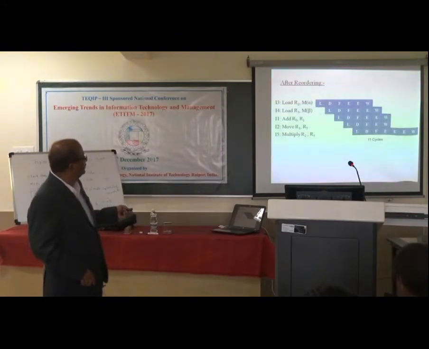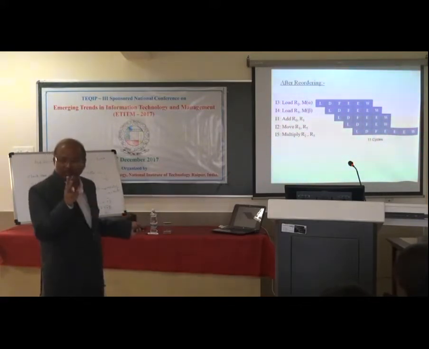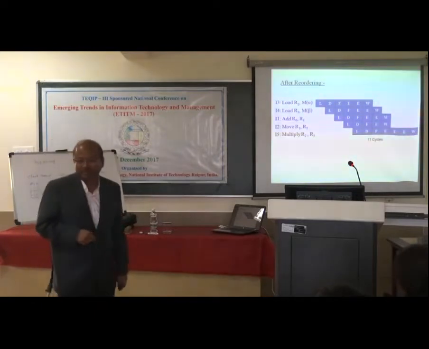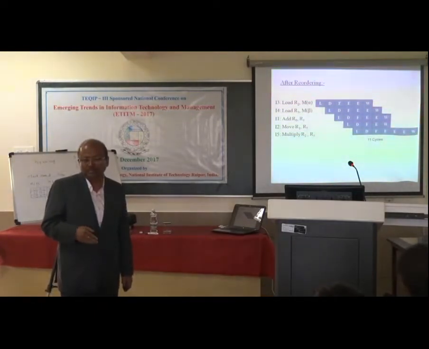So now I3: load, decode, fetch, execute, write. I4 again: fetch, execute, write. I1 add, again 2 cycles: load, decode, fetch, execute, write. Then I2, the move operation, 1 cycle: load, decode, fetch, execute, write. And then multiply without giving those 3 intentional time delays; we are performing load, decode, fetch, execute, write. So in total it is 11 cycles. So this is how with static scheduling we are overcoming this delay problem.